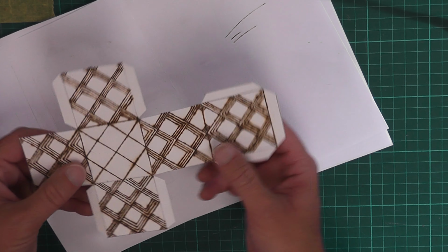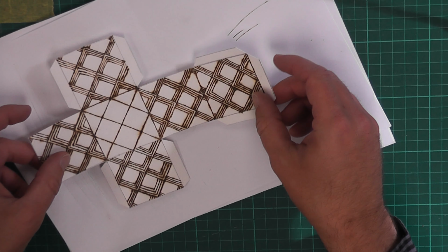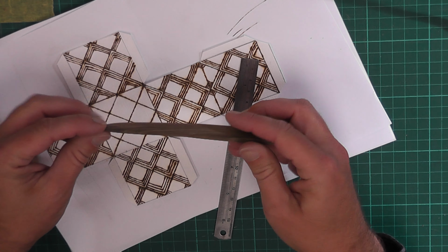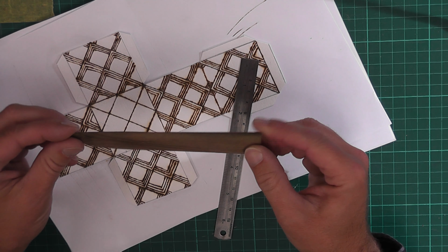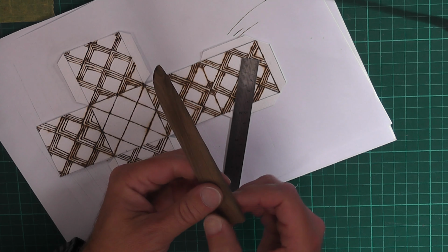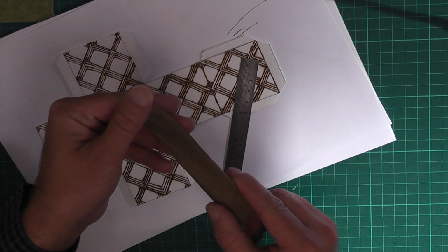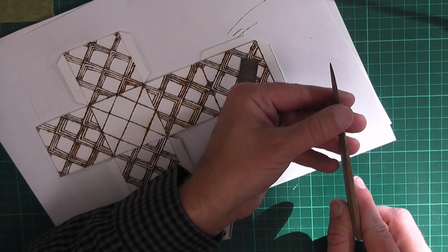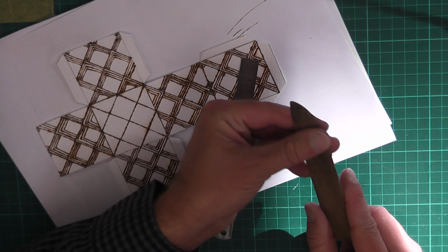Our box I've scored, so that went face down, and I've just used a little piece of timber that we found, a little bit of a kind of scrappy side bit, and I've just sanded that on the disc sander, and it's giving me not sharp but a point on it. Okay,